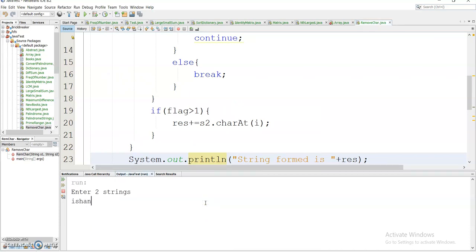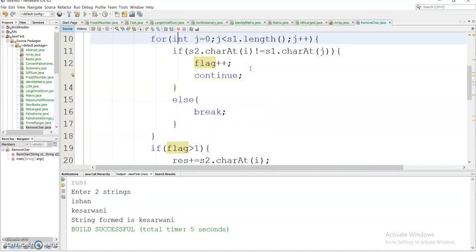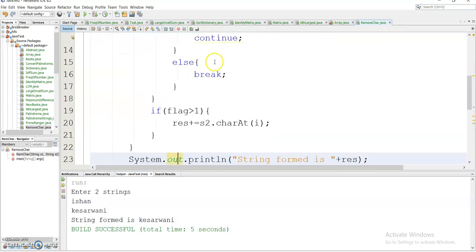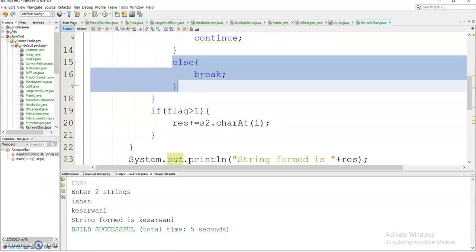So again I will enter Ishan and Kesarwani. So you can see that I've got the output as my second string, so there might be some problem. So let me check what the problem is. So you can see that in the else condition I have used the break statement.